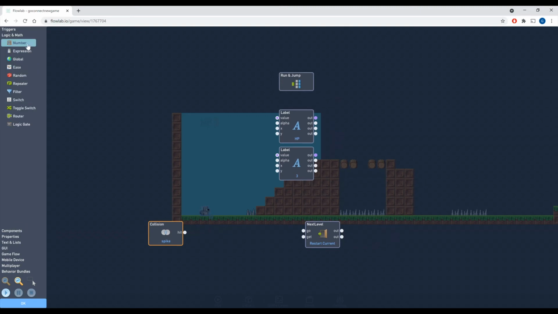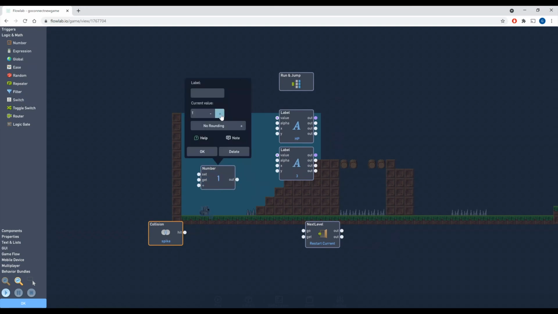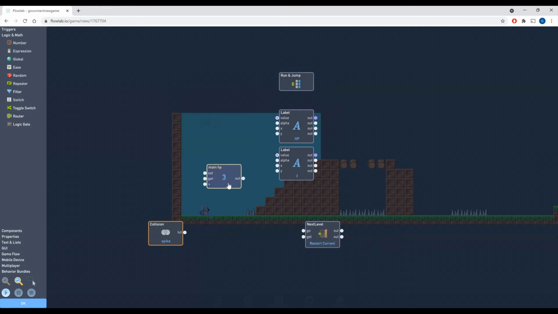So let's think about that. Let's put a number here and set this to 3, okay? And this is going to be main HP. You don't have to label stuff, but again, it's quite good practice. If you're doing a lot of things, it's going to be complicated, right? So we want this to link up to value because we want this to be updated. Now, the reason why I've put 3 here is because